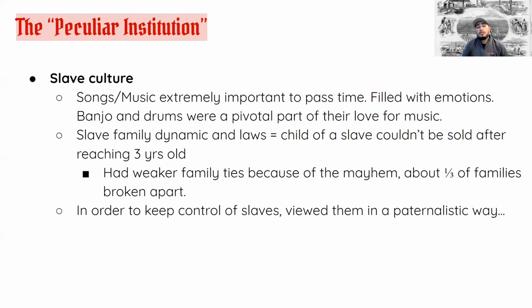And you would see a third of families be broken this way, as many would not see their loved ones once at a certain age within this plantation society. And it was all as a way to keep control, as a lot of these plantation owners saw these people clearly as not people, but rather as mere property, and in any sense, a paternal kind of approach to it, where they saw themselves as like a parent, as someone above them, as authority, and knew what was best for these people.